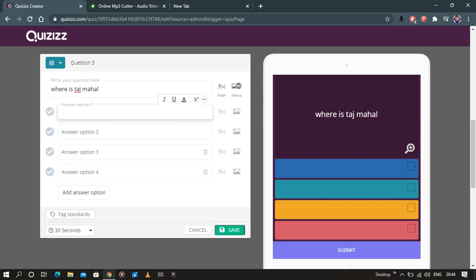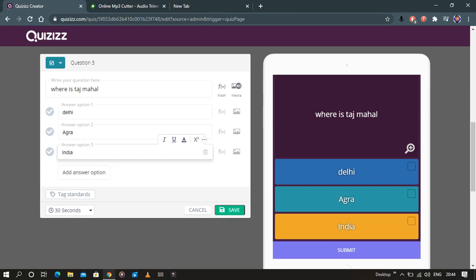As you go on adding the options, I will add Delhi, Agra, and India. Okay, and I want only three options up here. So now I'll select which of the three options are correct. So Agra, India is correct and Agra is correct. Right. So if the student clicks both on Agra and India, your answer is correct.